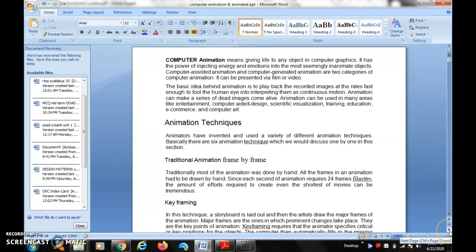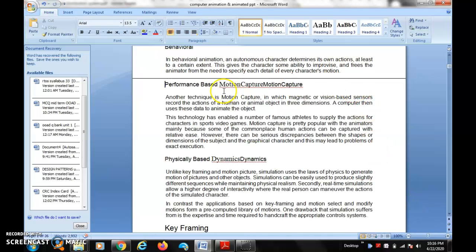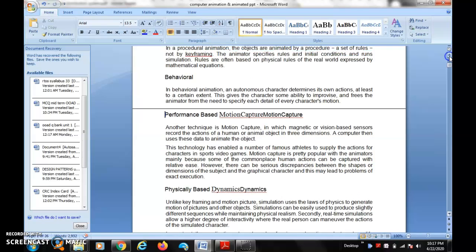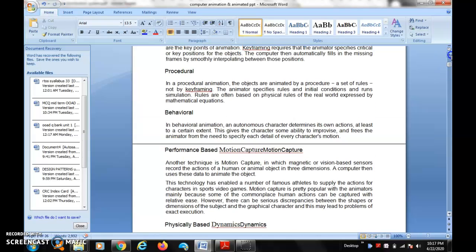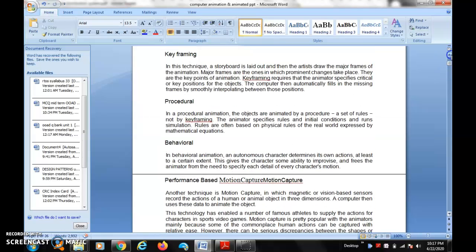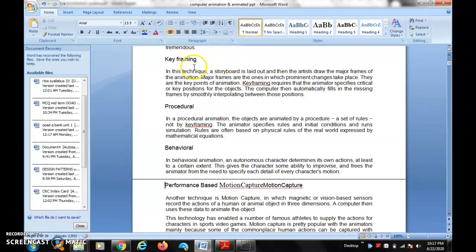Critical images are said to be the rule, procedural and behavioral. So next one is key framing. This is where the change takes place. They are the key points of animation, and key framing requires that the animator specifies critical or key positions